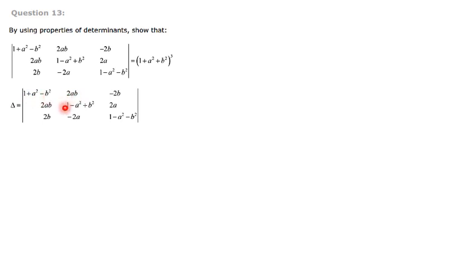Same way, if you look at these elements, here also 1 minus a square plus b square is here. Just below that in the third row there is minus 2a. So as before, I have to make it a square, that is, just multiply by a. So minus 2a square. Then subtract it from this one because here there is a minus sign. So when you subtract, it becomes 1 minus a square plus b square minus 2a square. So it becomes plus 2a square.